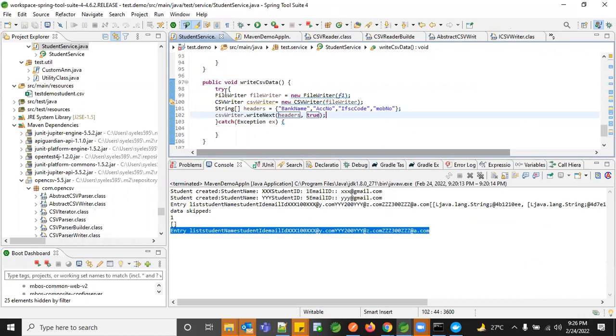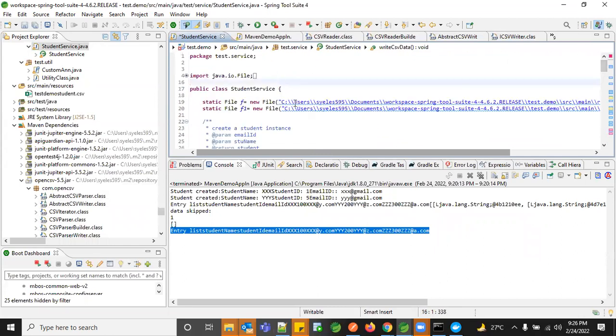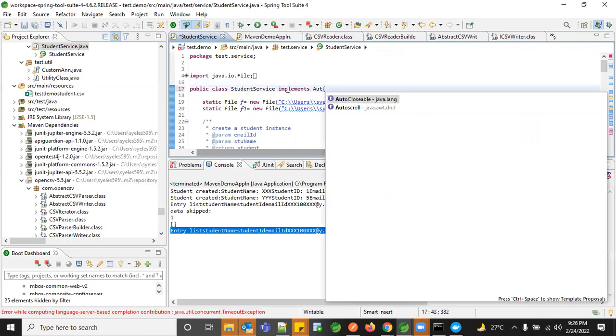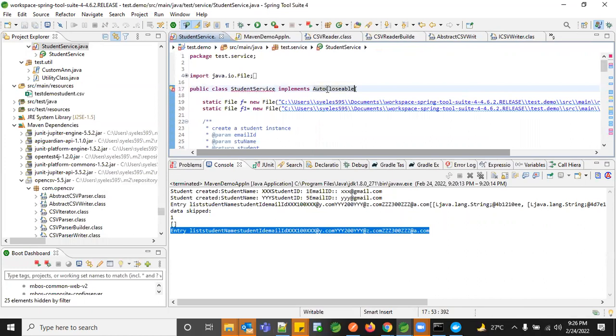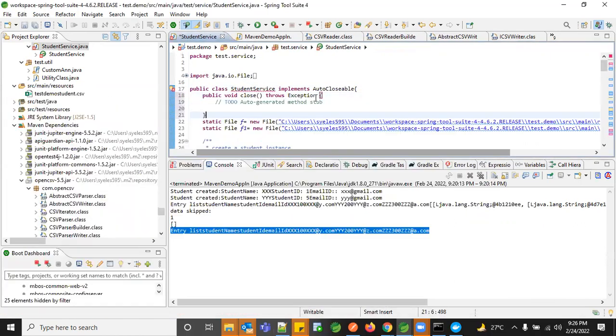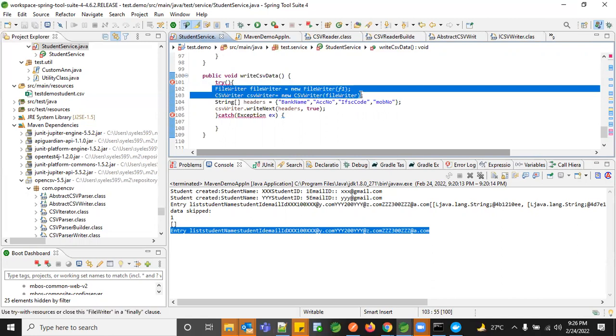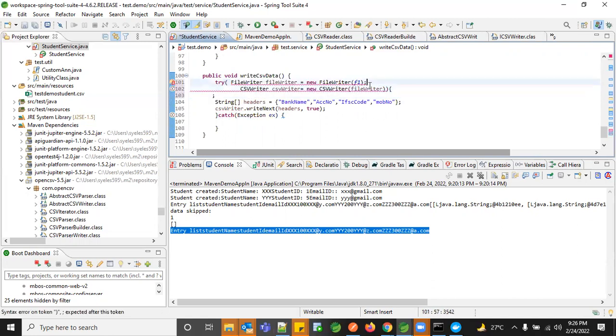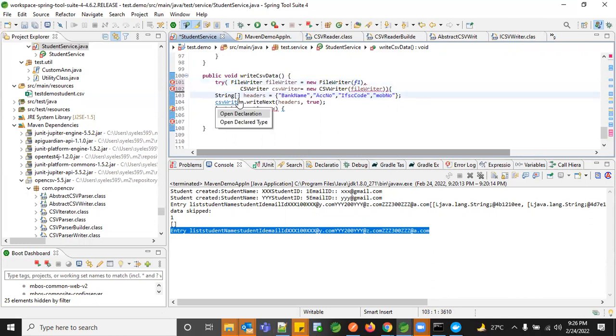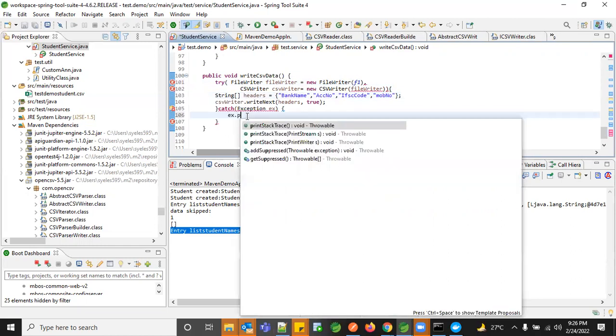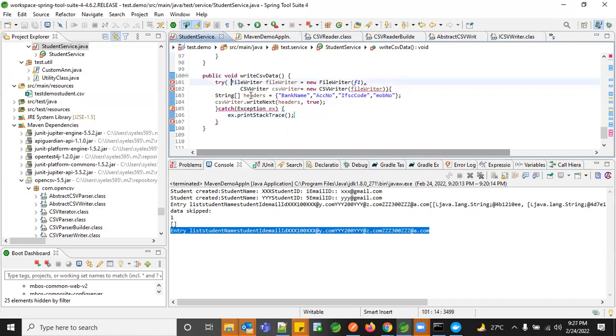So let's try by creating our try-catch with resources here, and let's implement our class with AutoCloseable. Okay, let me just have this in a single line.